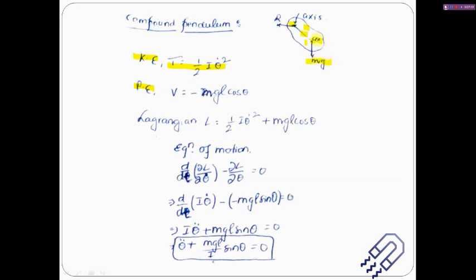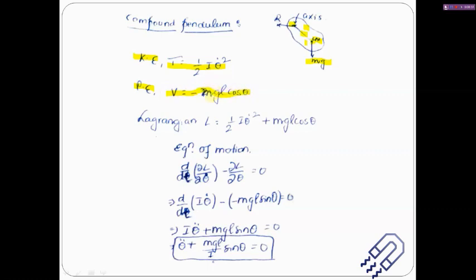So if we consider a number of points and want to know the effect, this is of course a rotational motion, so we come to the idea of moment of inertia. And from this we have the relation T equals half I theta dot square. You're not going to derive it in your exam. If the question is asked, you just write down that the kinetic energy T equals half I theta dot square. So it depends on your memory; you should remember this. In a similar way to how we found the potential energy of a simple pendulum, for a compound pendulum we can use a similar relation, and V equals minus mgl sin theta.